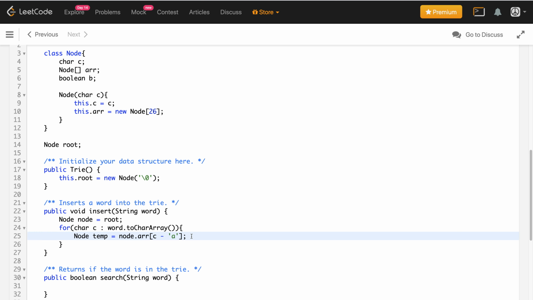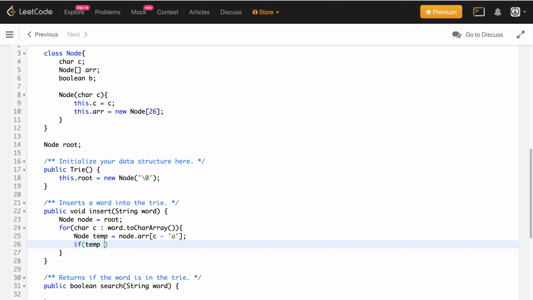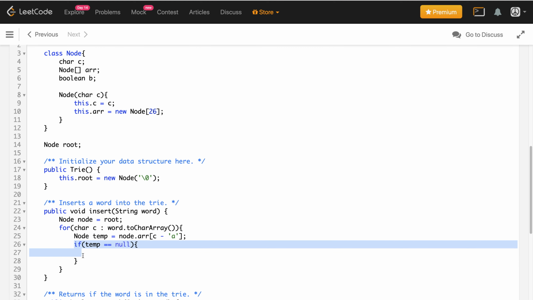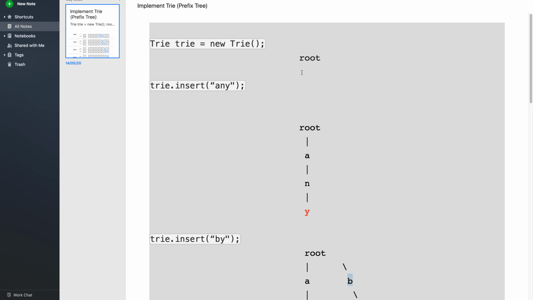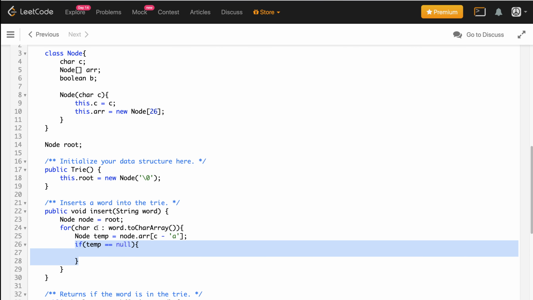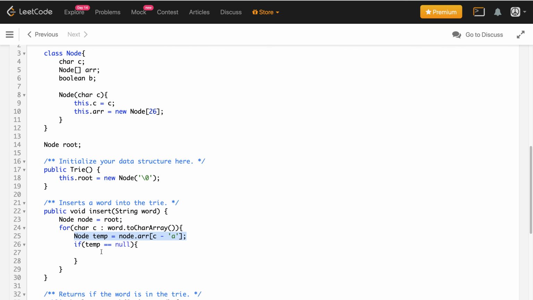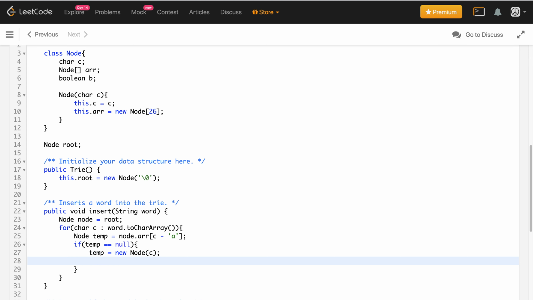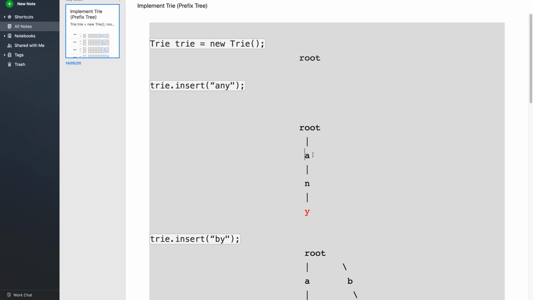In case this doesn't exist, temp will be null. So we'll say if temp equals null. You can consider this case similar to when we have an empty Trie and we're trying to insert any. We are trying to find node a. Since a is not there, this is going to return null, correct? In this case, we have to create a new node with the current character, and then join it, that is from root to a.